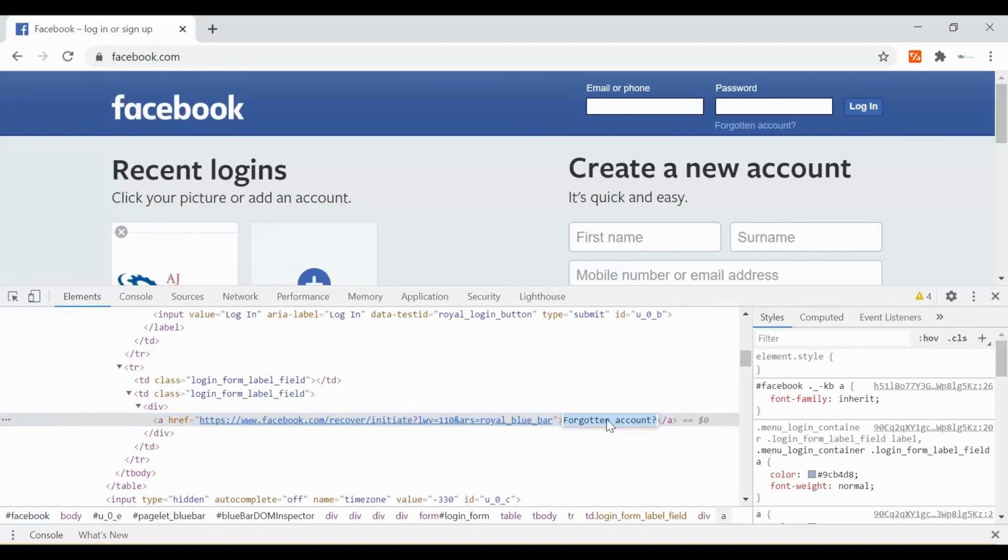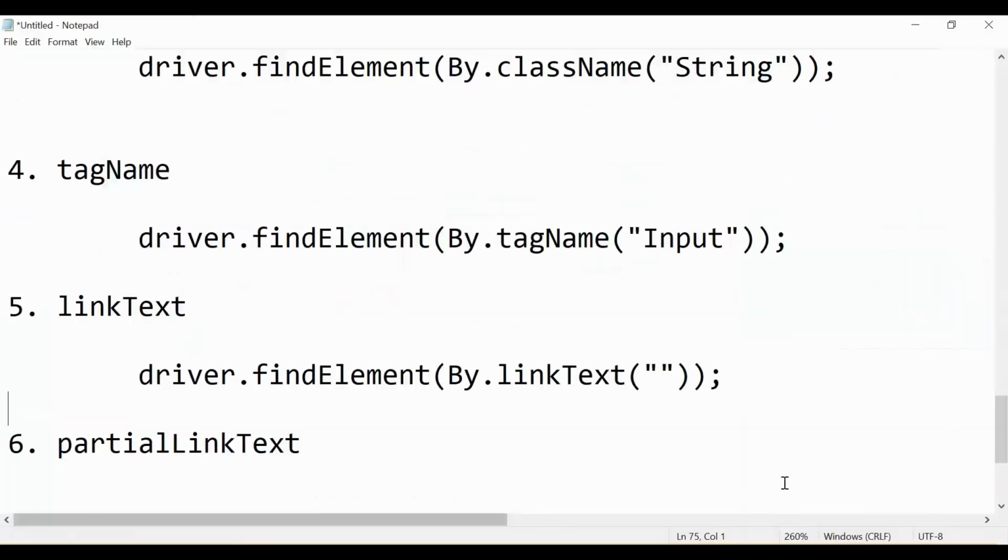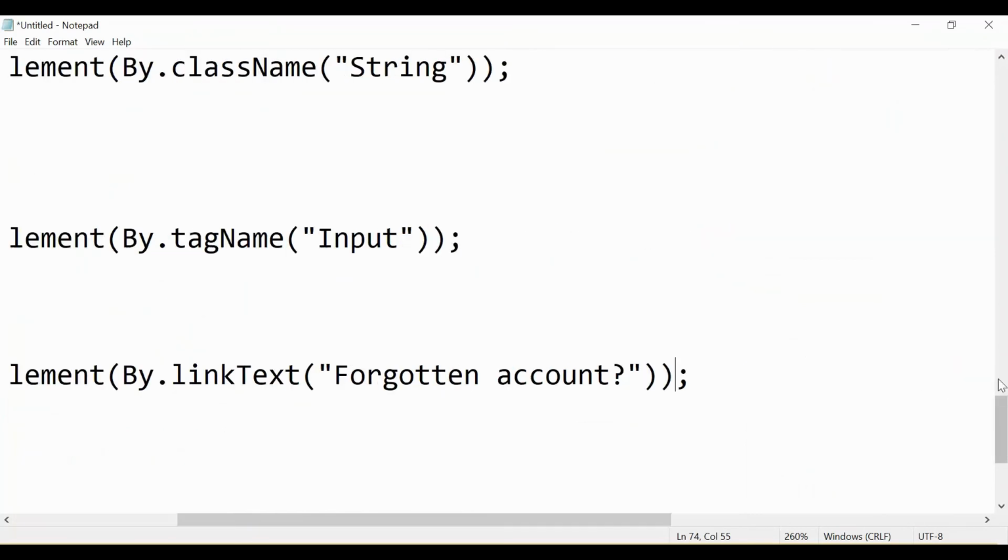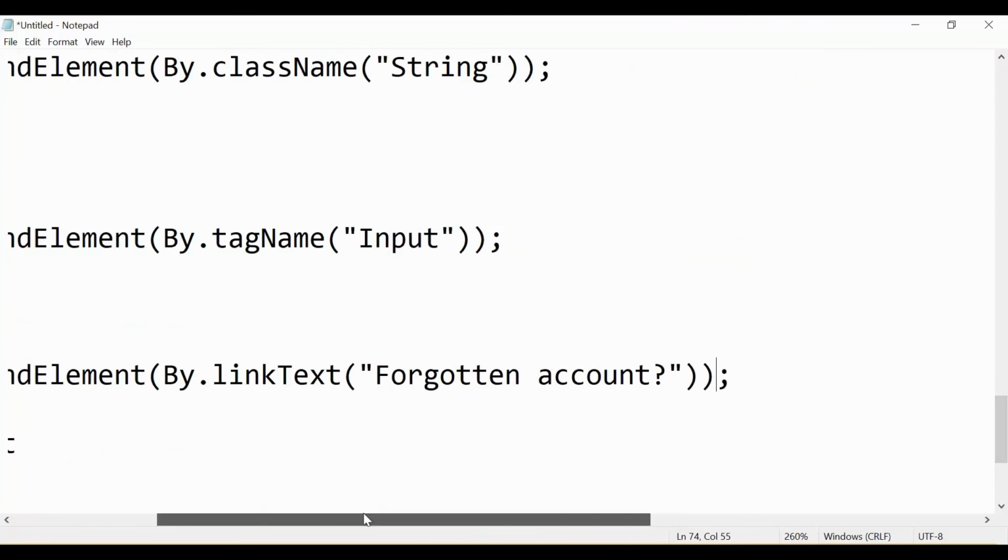So this you need to provide as the argument. For example, Selenium will go and search for the link which has Forgotten account as its text, and then we will be able to perform the actions.